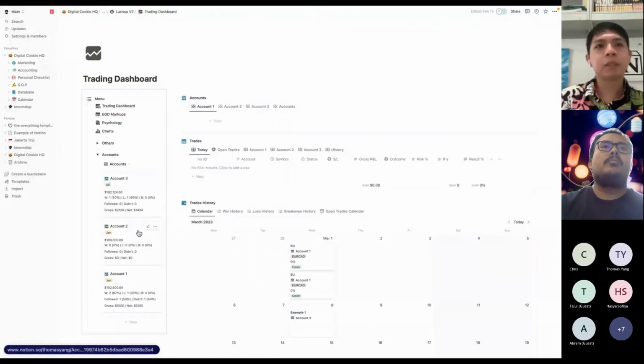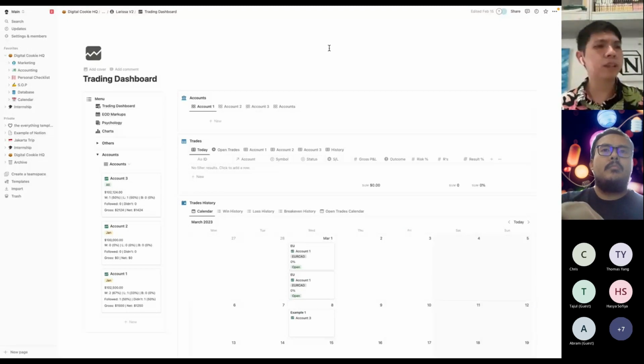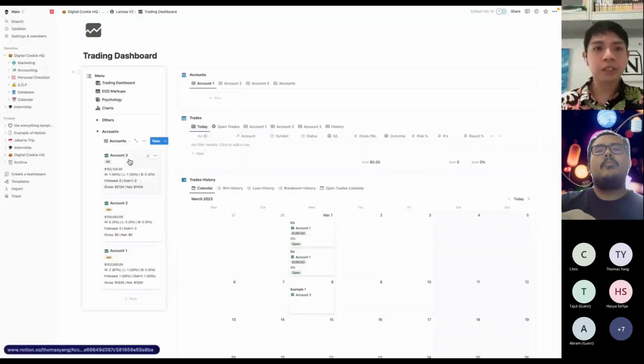Yeah, so aside from project management, I have a client that I work together with to build trading dashboards. She's a trader by day, using software called MT4, MetaTrader 4, I think. I'm not so much of a trader, but what she requested is to build a dashboard for her. So the idea is that in this dashboard, she has multiple accounts here.